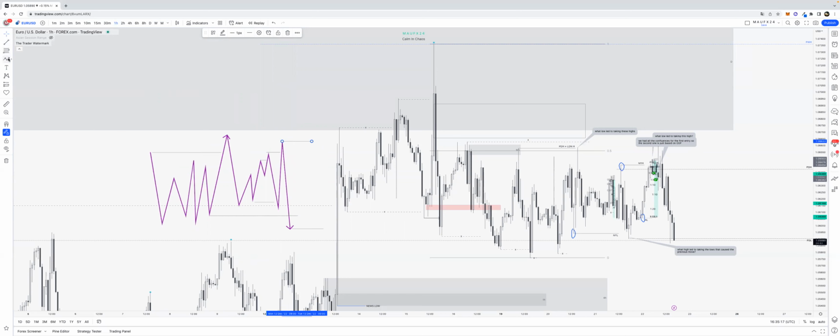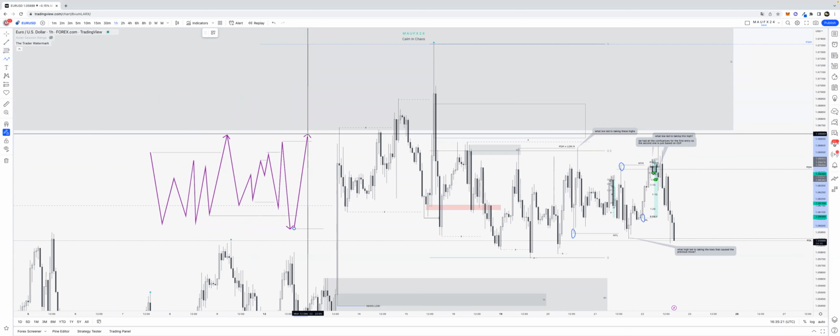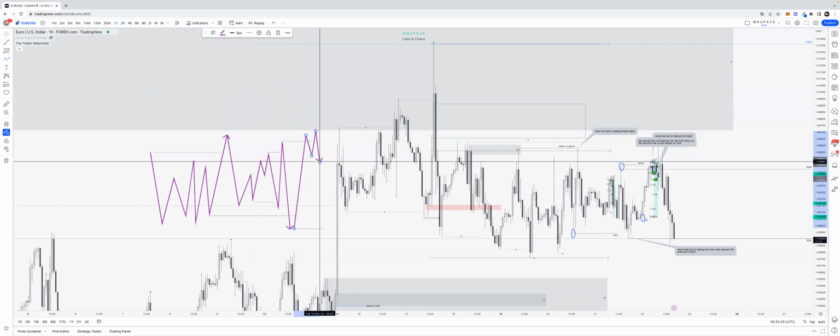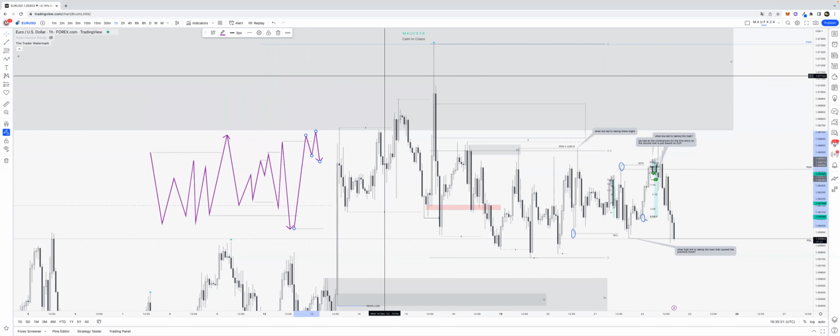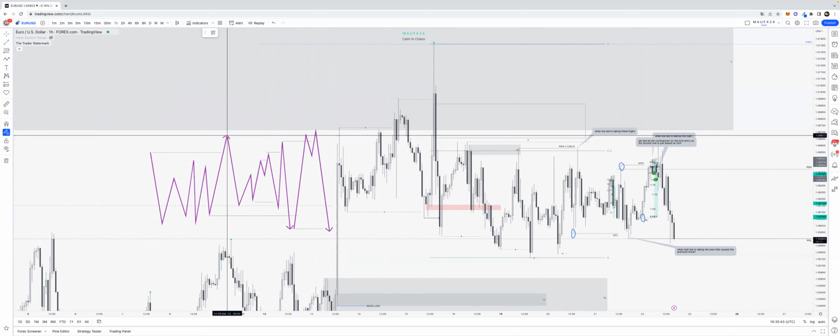And what can we see now? Price took that high. Then created Asia highs. Asia highs being taken. London highs being formed, I think. Let me check that real quick. Oh no, so this was during London. So London highs coming in, taking out this high as well. That's just extra bonus.